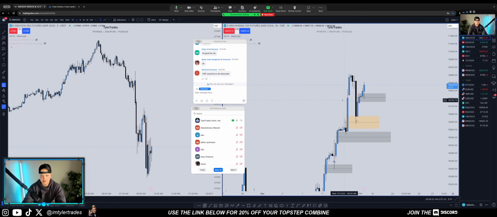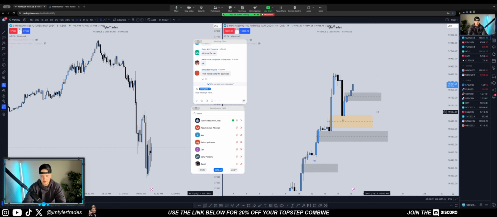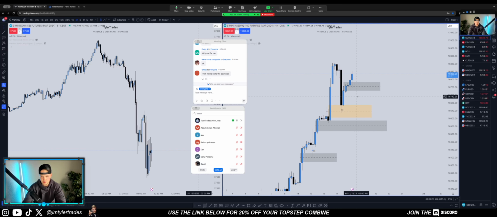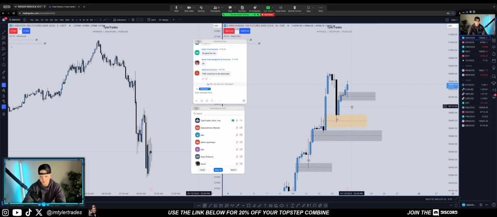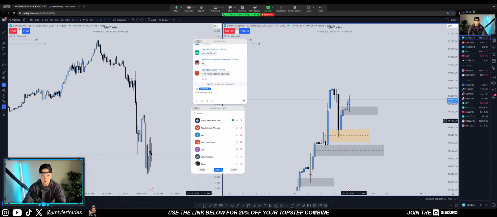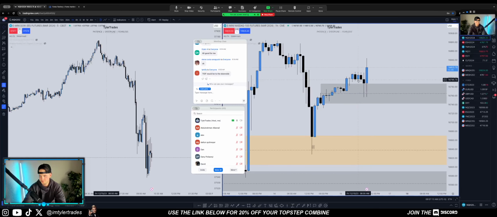Let me know, from what you guys were looking at, do you have the same analysis? Do you kind of feel the same way when you see this? This is how I usually read this price action. To me, everything is still showing bullish respect. So for that reason, I feel like I have to respect that until proven otherwise.